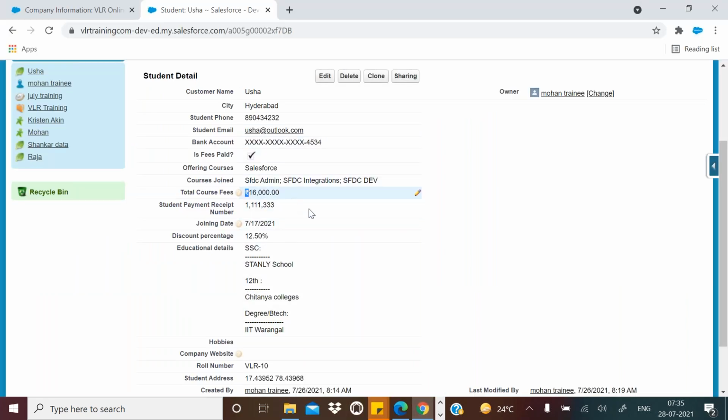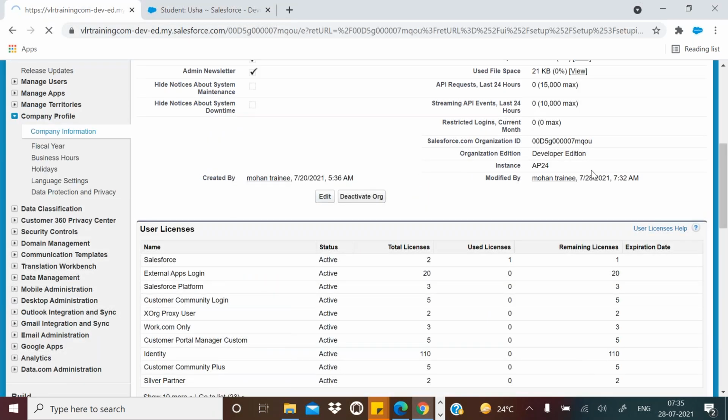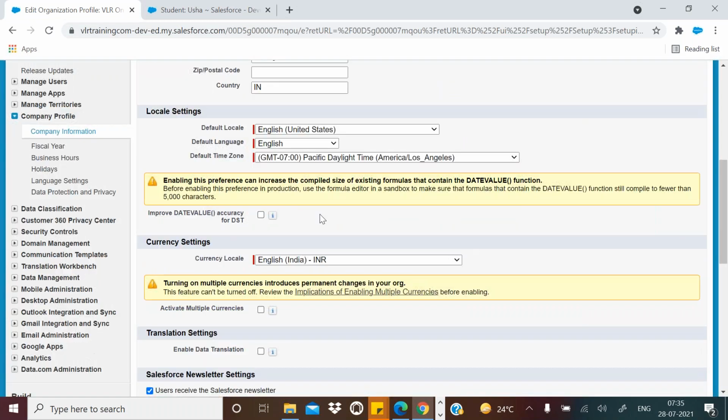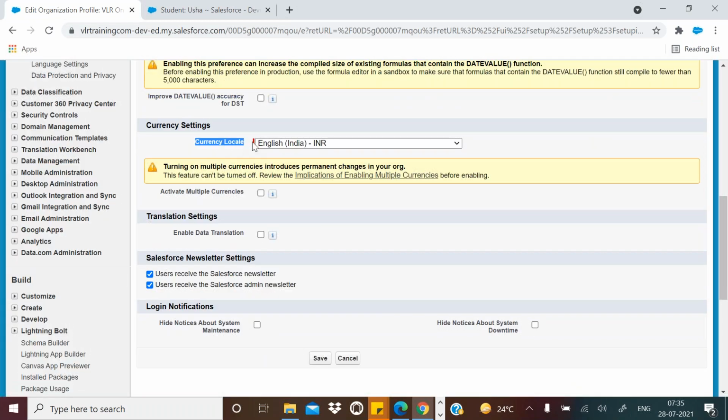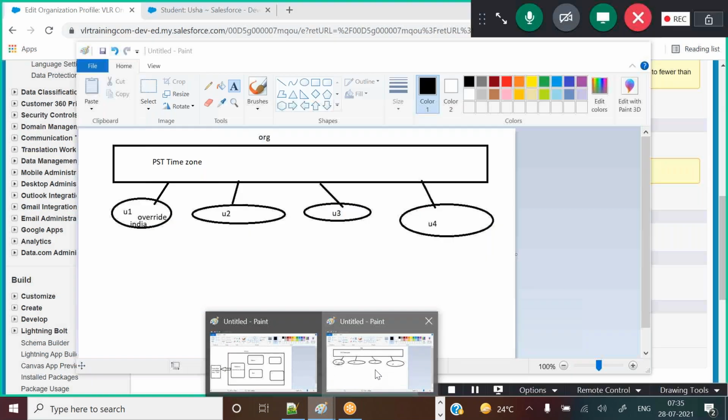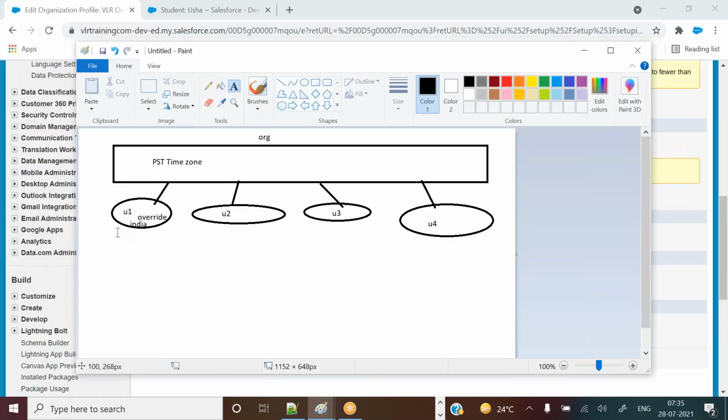We need to enable multiple currencies for each user. This is the default currency. Whatever we have added here is the default currency for all users, as I mentioned, so it is the same currency for all users. Now each group is asking for their own currencies.